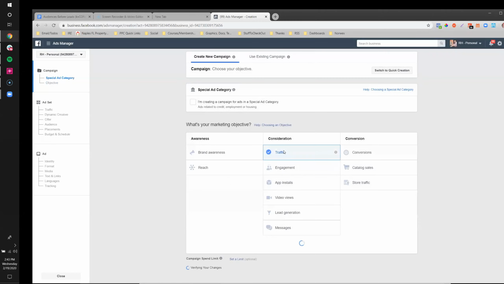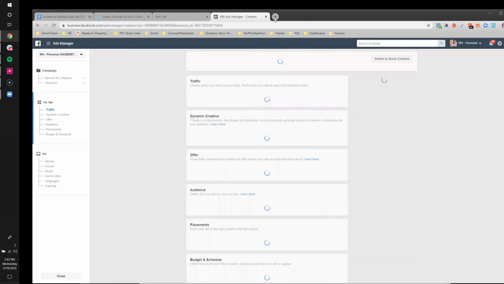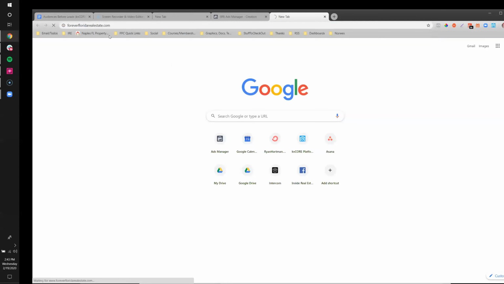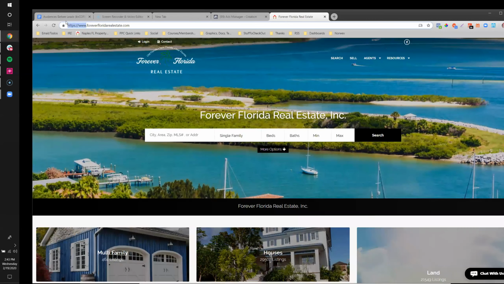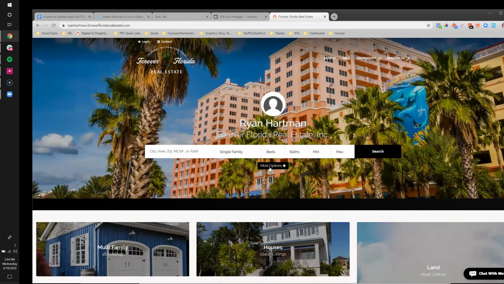I'm going to choose traffic. Forever Florida real estate. I just want as many people local interacting with my website as possible. So I'm going to do this niche. So I'm going to go to my site. I could do this from the squeeze, build a squeeze link as well, but I'll just do it from the front and do more options,